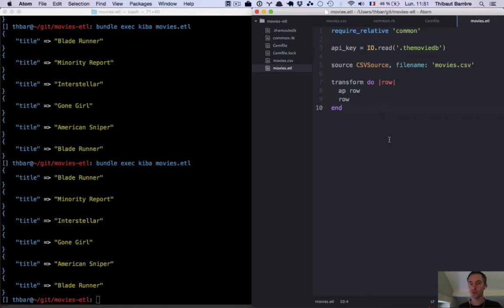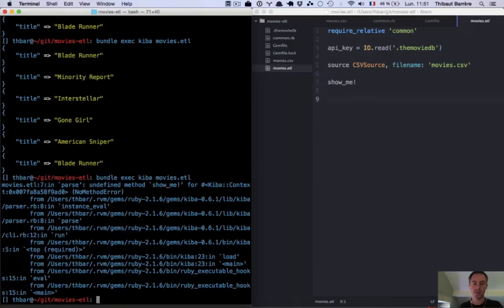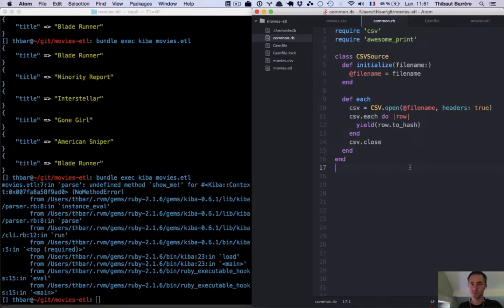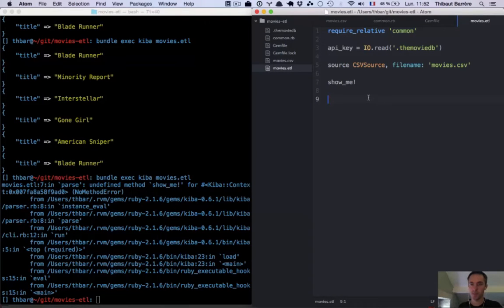We can also use Ruby to create small DSL extensions. For instance, let's do that for the awesome print transform. What if we could only call show me like that, and it would show the line. If we do it like that, it will fail. But we can implement that leveraging Ruby. This way you can create sweet extensions of the DSL to be more productive. It